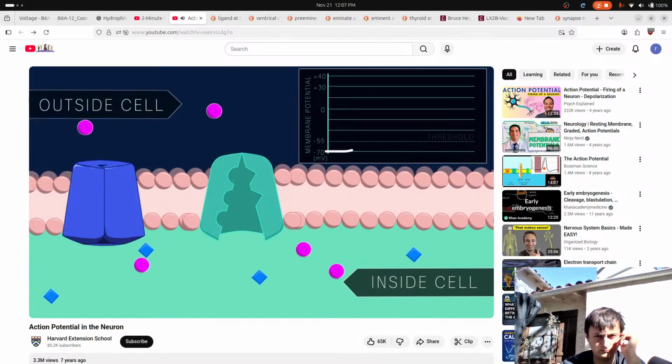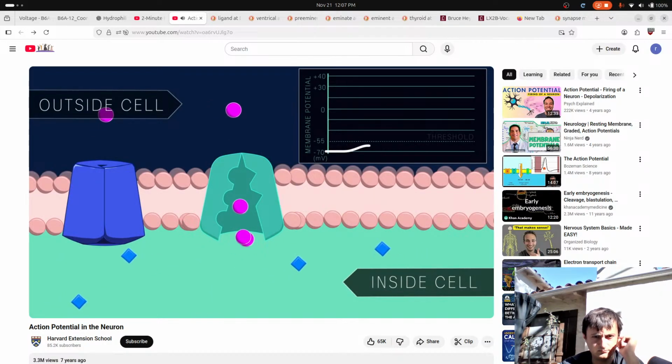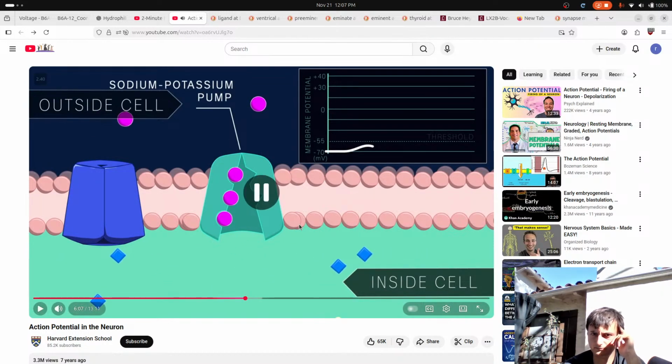When ion channels open and a graded potential occurs, the neuron moves quickly to reset its membrane potential to resting values. This is accomplished primarily by the use of the sodium-potassium pump. Okay, so